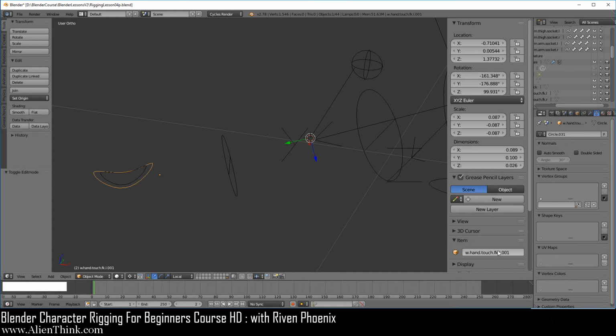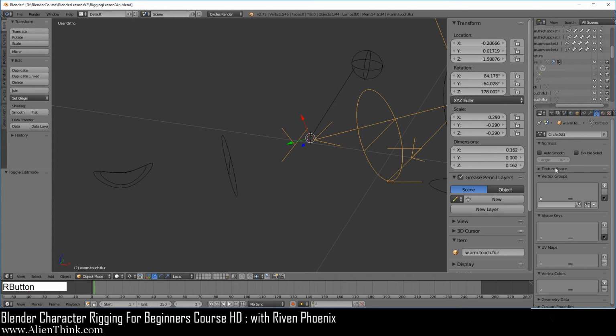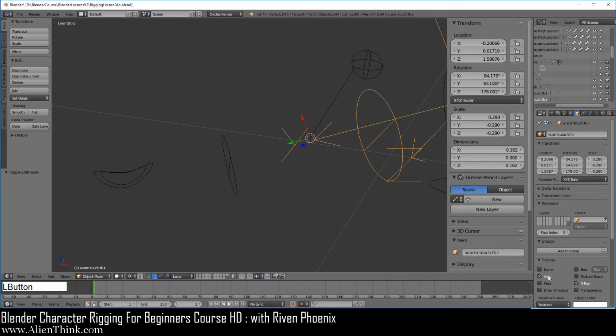Click on this one. .r and enter, and click on this one, do .r and enter. Okay, and this one is good, and of course this one we want to make sure that it says .r and enter.